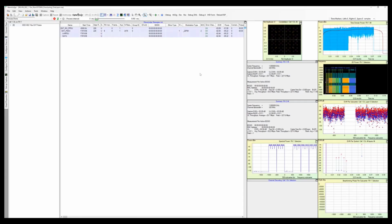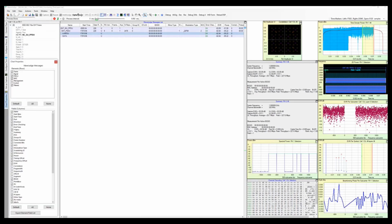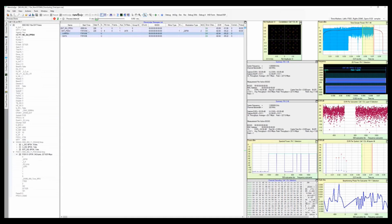Puncturing is basically based on scheduling: they just allow the UE or the AP to transmit on a portion of the carrier bandwidth. Like in this case, I should go show the EHT PVD view. So this one, for example, is using